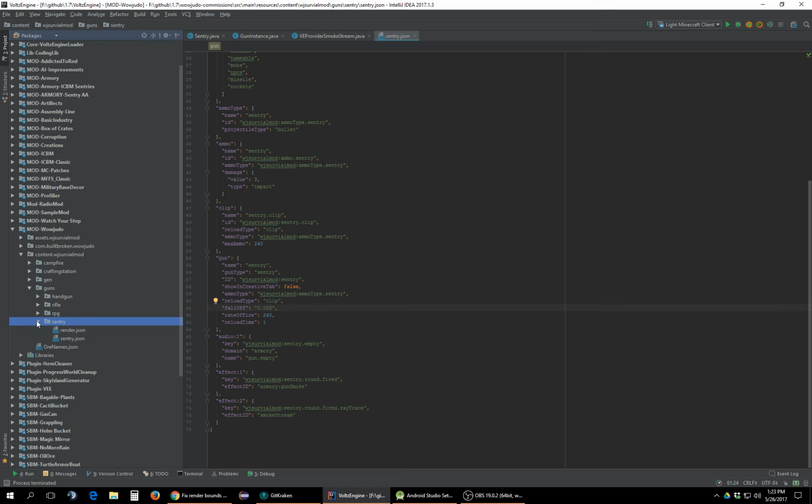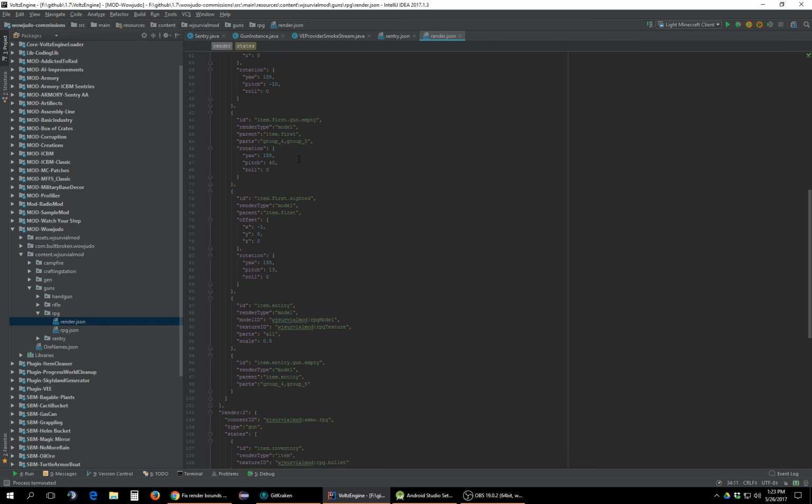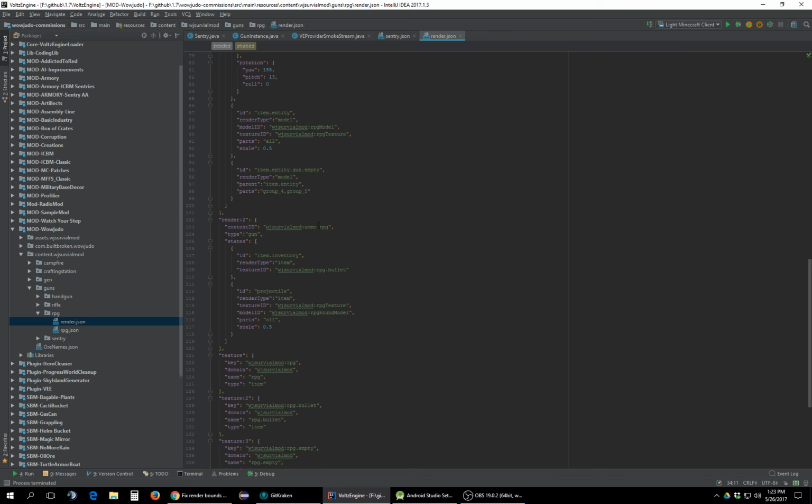But let's see. So we want the RPG round to actually render. Do we have a render for it? We have...